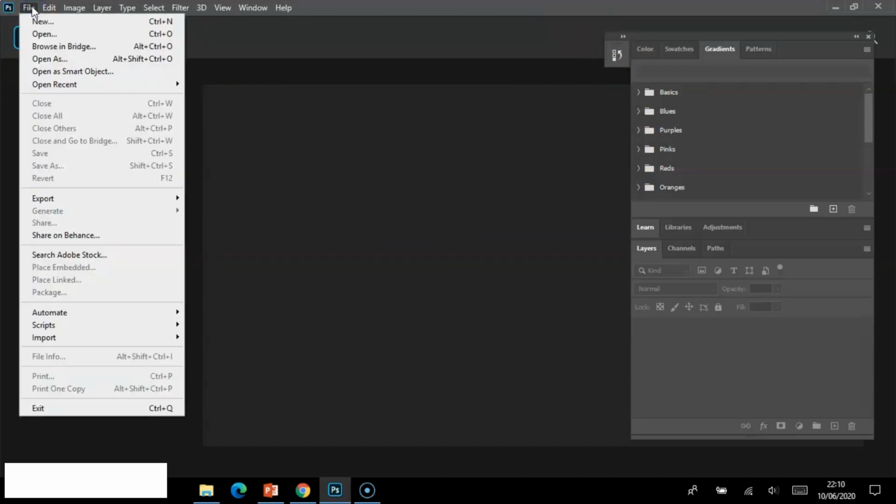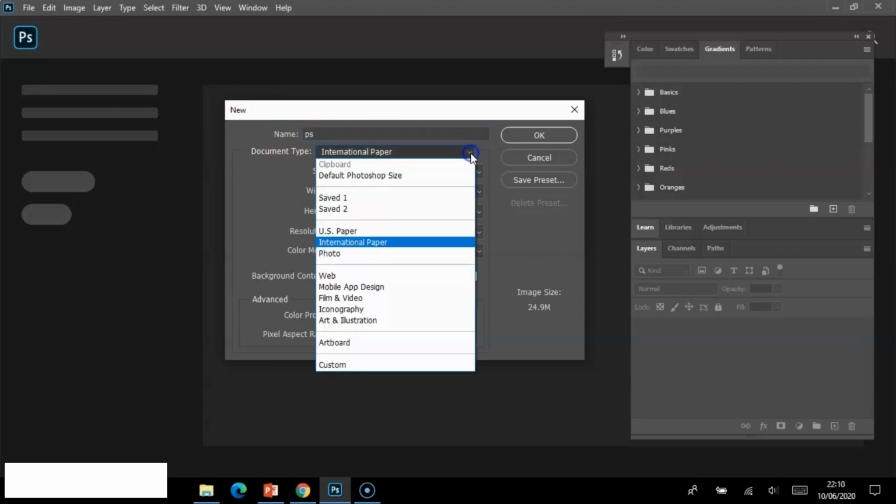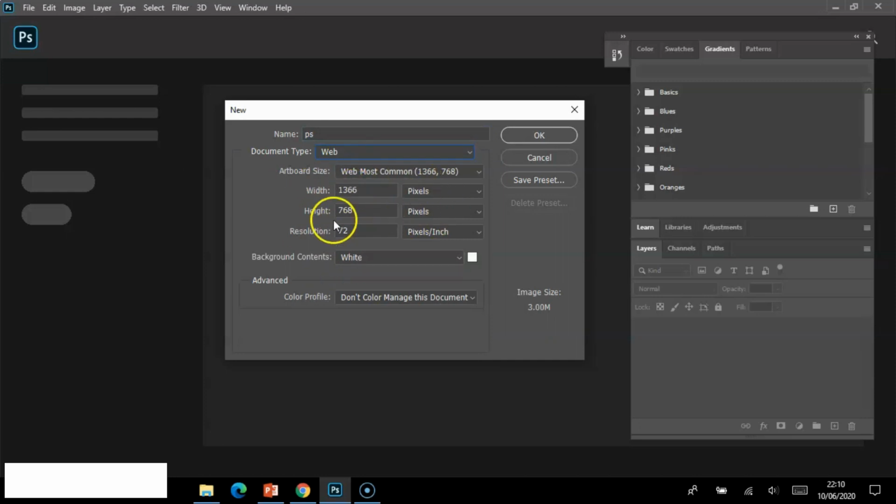First we will go to File, New. You have to take a new page. It will come like this. Here you can give any file name. Here you have to take Web. Here you have to give a width and height in terms of pixels. The unit has to be pixels because this is web. Then for background you can take white, black or whatever. The resolution by default is 72 pixels per inch. Then set the background like this. Just click OK.